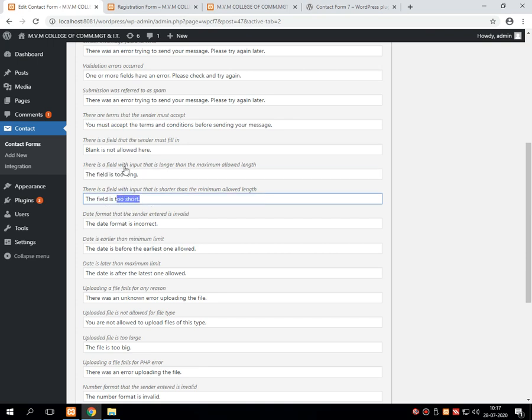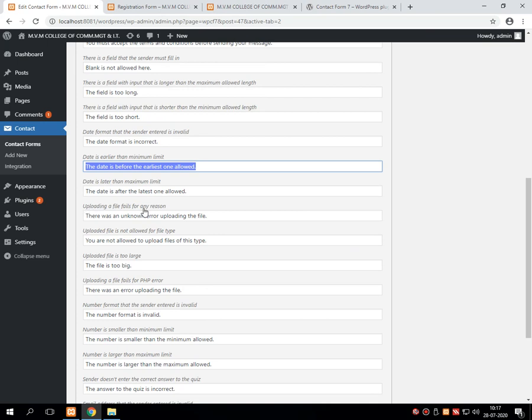This is for maximum. Even you can go for checking the minimum allowed length. This is for checking maximum allowed length and this is for checking minimum allowed length. This particular error message works with the date format if user has passed any valid or invalid date. We will check it practically. This is for checking dates and its minimum limit. This is for checking date and its maximum limit.